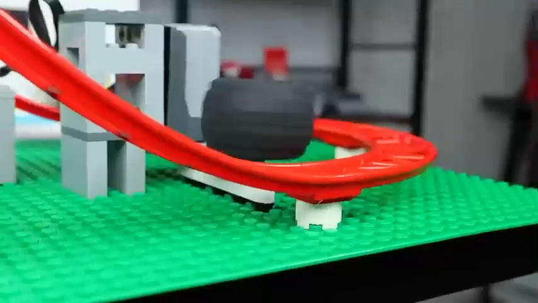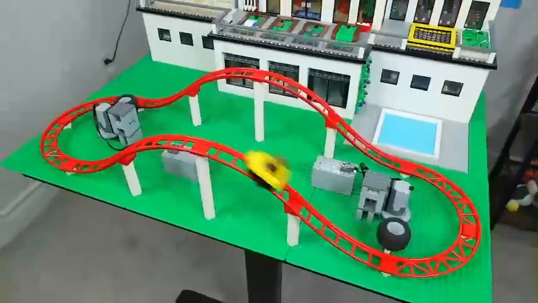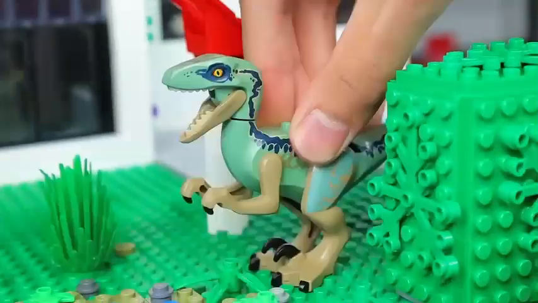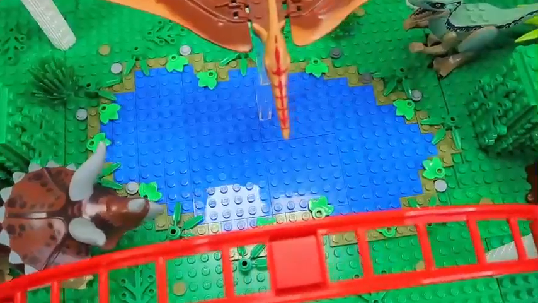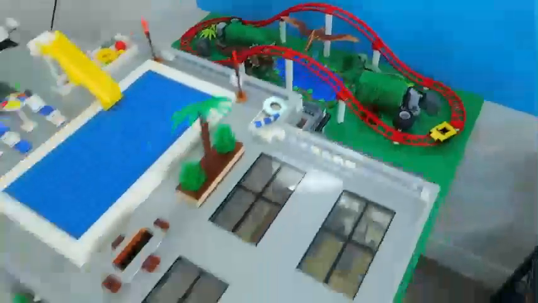Oh, let's go. Oh my gosh, I feel like a genius. The cart is actually moving without me having to touch it. So now that we figured that part out, we can decorate the roller coaster and make it feel like a real theme park. So I went ahead and made a dinosaur themed roller coaster. I built a jungle full of different types of dinosaurs and a small lake in the middle for them to drink out of. Wow, our dream Lego house is finally complete.